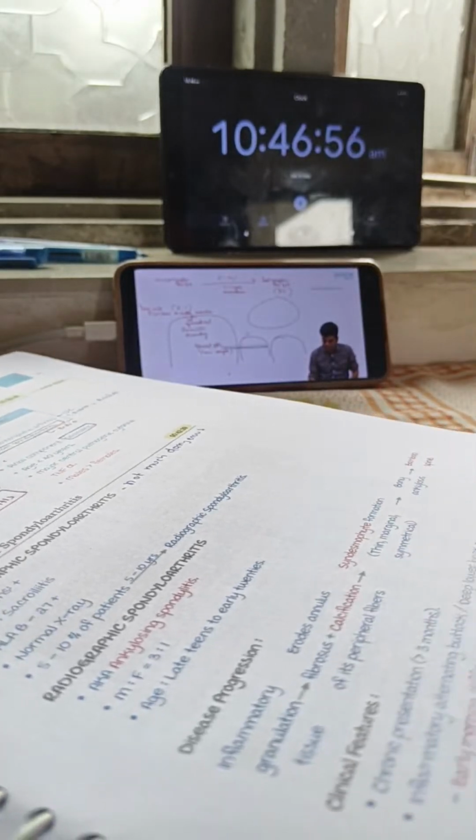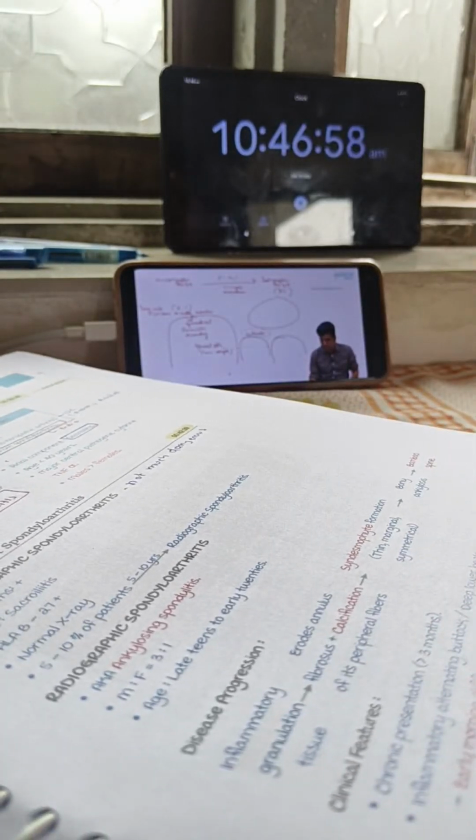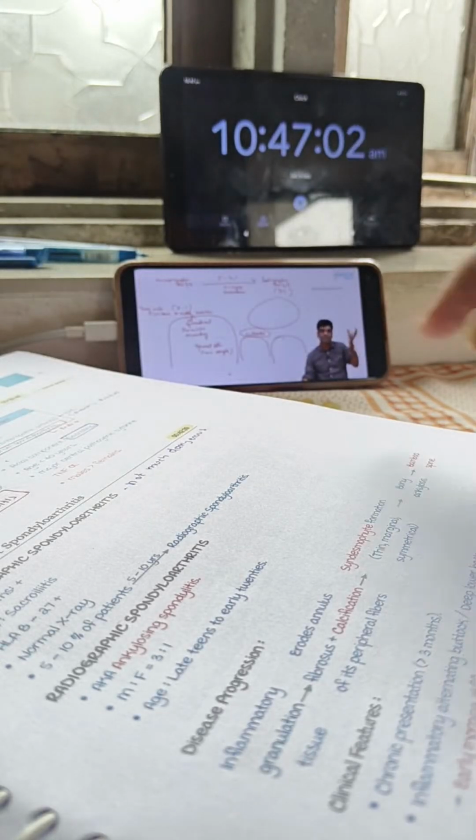Along with that, definitely they will be having enthesitis. This is very important. Enthesitis is the term that we use with SPA. What's the meaning of enthesitis? Enthesis is the site where